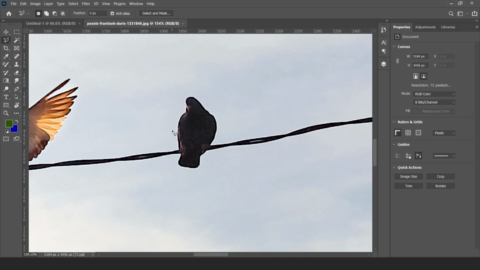Suppose we are selecting this pigeon and you place a wrong point, then press delete to delete the last point of your selection, and again you can continue with your previous selection. And don't forget to connect the starting point with the end point.